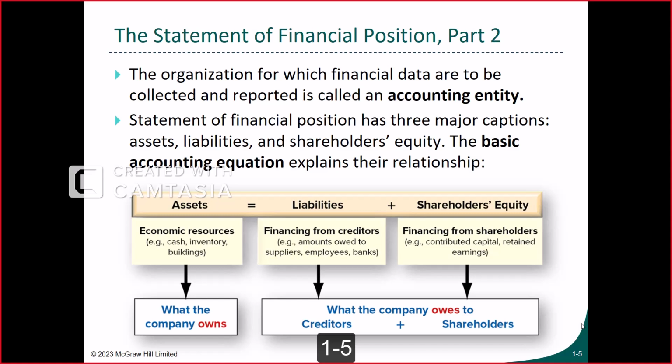It should be balanced. It means the total amount of the asset should always be equal to the total amount of liabilities and shareholder equity. This is the fundamental accounting equation. At any point of time, whenever we have a balance sheet for a specific date, the dollar amount of the total asset should be equal to the total liabilities plus shareholder equity. That is a balanced statement of financial position.